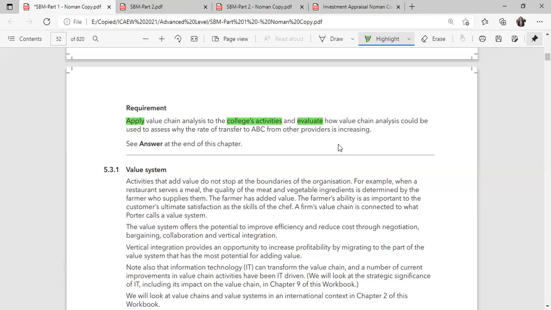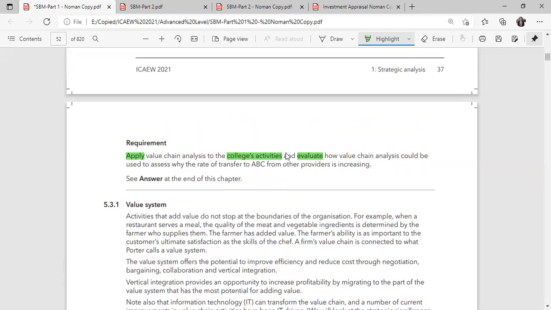So it's quite possible that students will just go for the first point because they think they will read out the requirement in a very quick fashion, and they think this question is basically about value chain. Oh, I know that it is basically about primary and secondary activities. That's fine. No, you are missing some portion of your question. Please be very careful and also answer the last portion of your requirement, because the examiner also knows that students are going to miss out this portion.